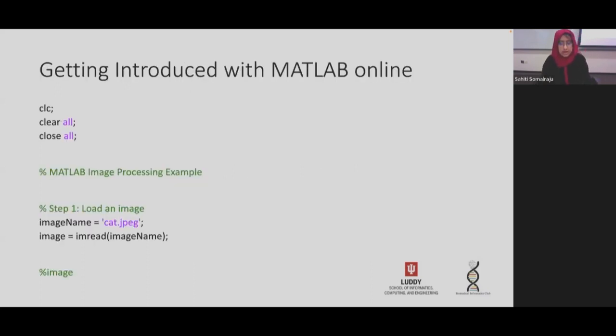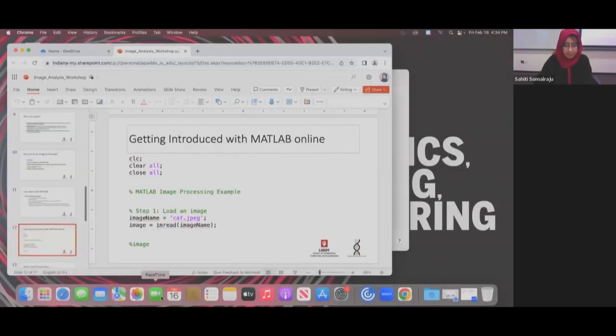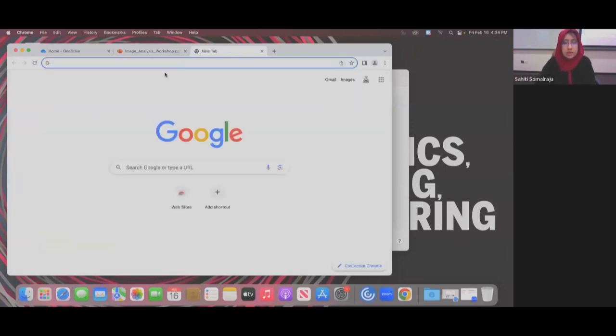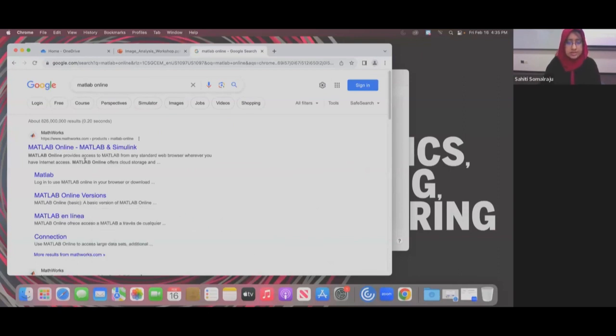Okay, so let's start with MATLAB. I guess my screen is visible, so I'm just opening a browser. Okay, this is my browser. What I'm doing is searching for MATLAB online. You can do the same. The first result that comes up, MATLAB Online, is the link we will be using. Do I need to give you the link, or can you get it from Google? Just search for MATLAB online. You can also search MATLAB IUPUI. You will need to log in using your IU credentials. So you go to this link,